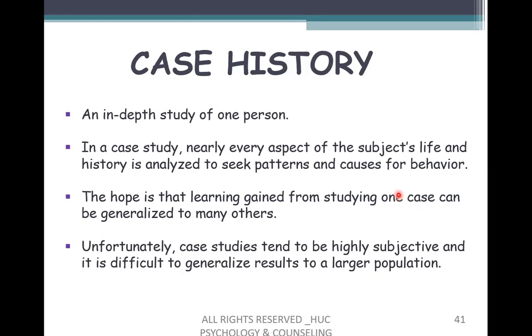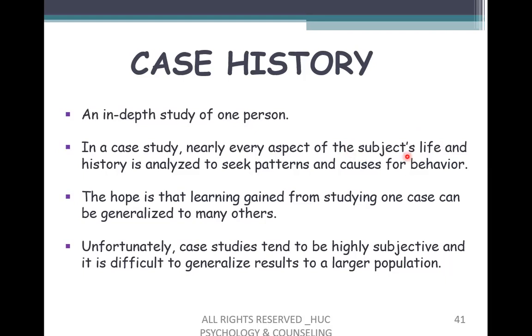An in-depth study of one person. So an in-depth study of one person means where we study a particular person in depth. We go deep into that person and study the ins and outs of that person. Okay, that is called case history. So in a case study, nearly every aspect of the subject's life